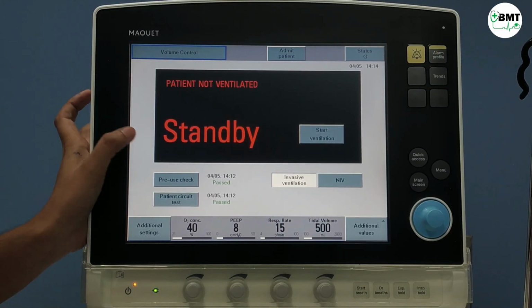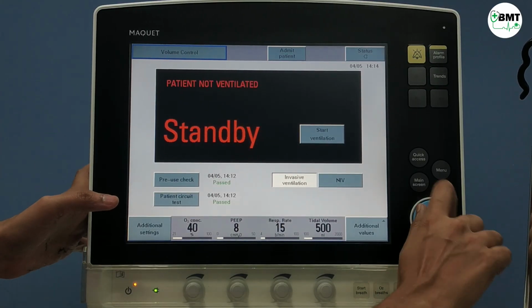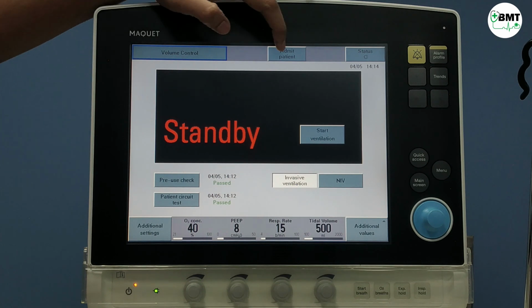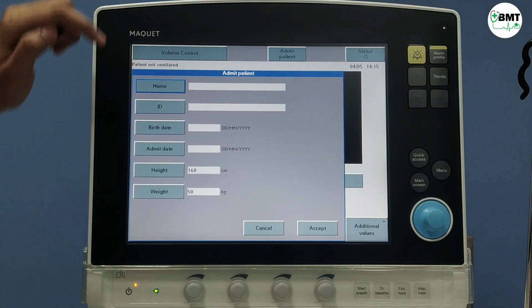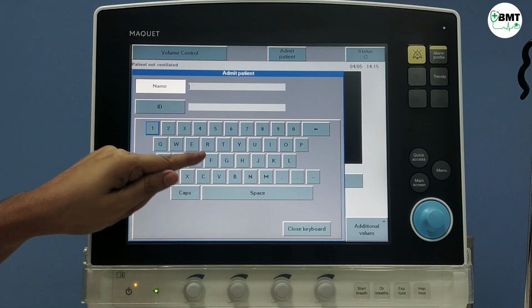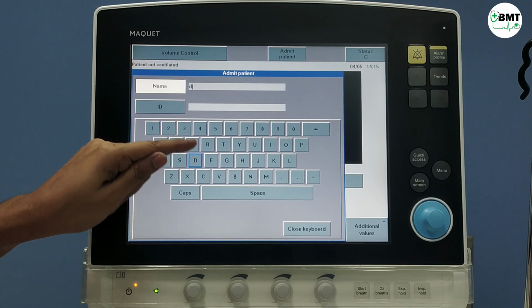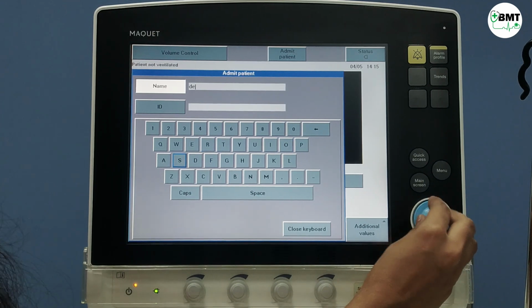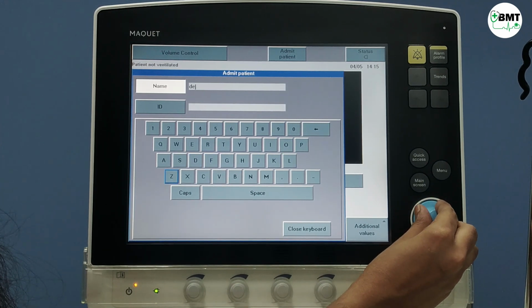This ventilator is touchscreen and you can also select from knobs. Now first, if you want to admit the patient, just admit patient. Name, whatever name you want to set, I'll set here. You can also use this button.